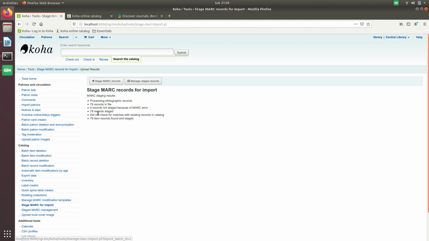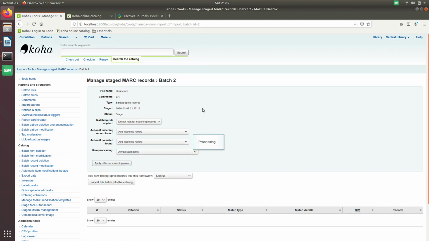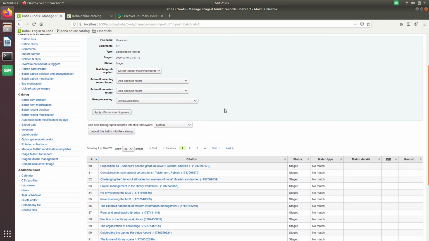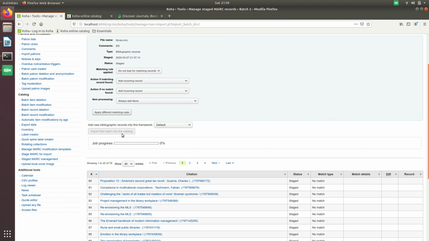I am satisfied with my imported records, so I'll click on manage staged records. So I am moving to the second stage, where I have to take all the data into my record. So I'll click on import this batch into the catalog.